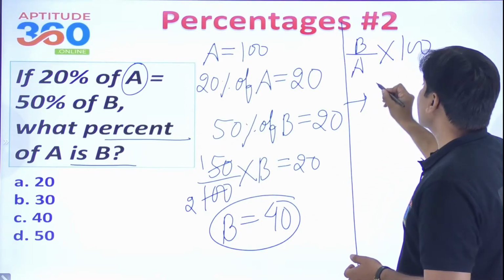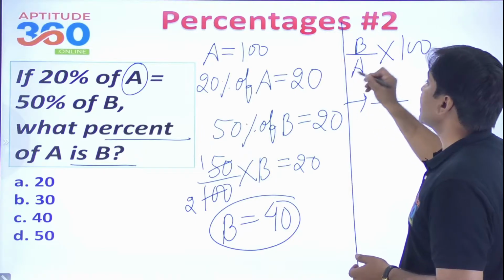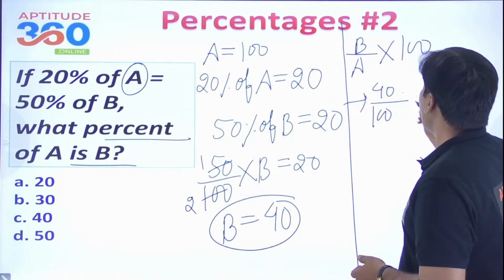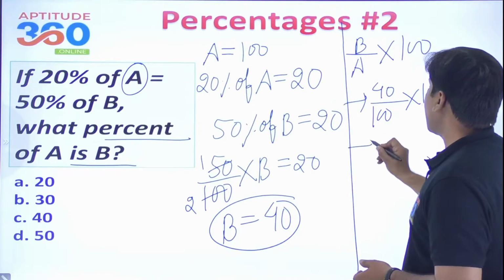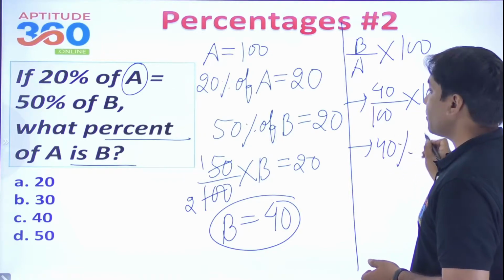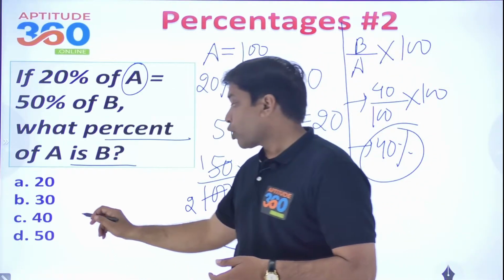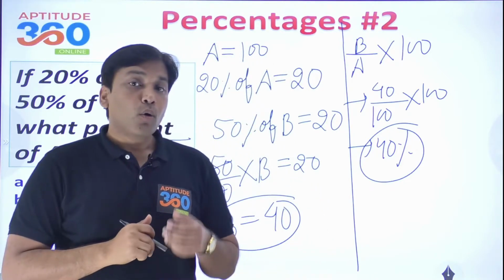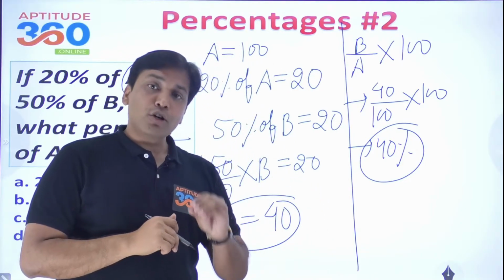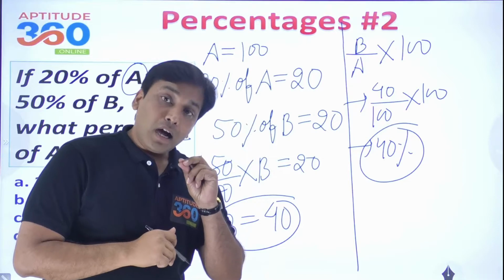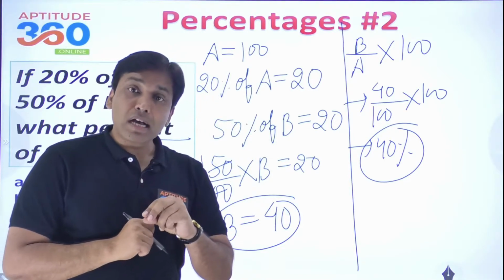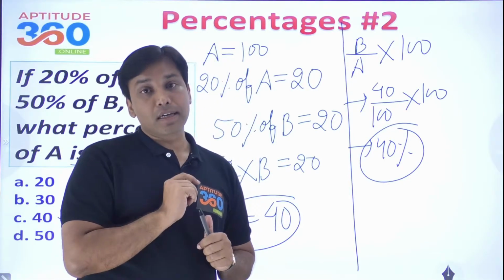b की सैलरी कितनी निकल के आ गई? 40. a की कितनी निकल के आ गई? 100. अब इसको सिंप्लीफाई कर देंगे, प्रॉब्लम निकल के आ गया. What is the answer? The answer is coming out as 40%. प्रॉब्लम खत्म हो गया. So what I told you is, in this video we will be learning कि comparison शुरू कहां से हुआ और हमने वो 100 कहां से पिक किया, right?